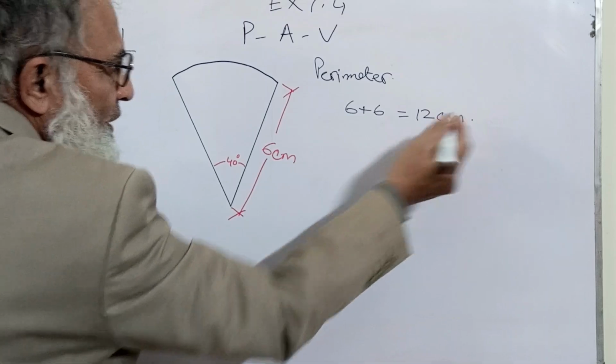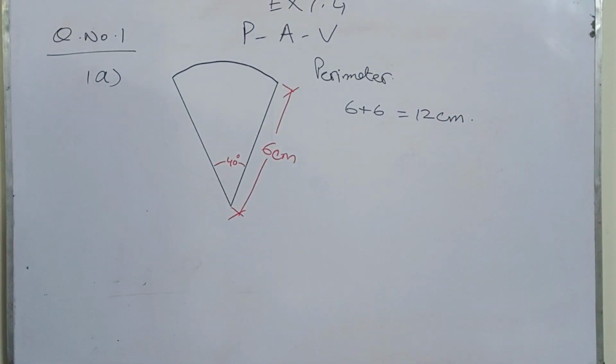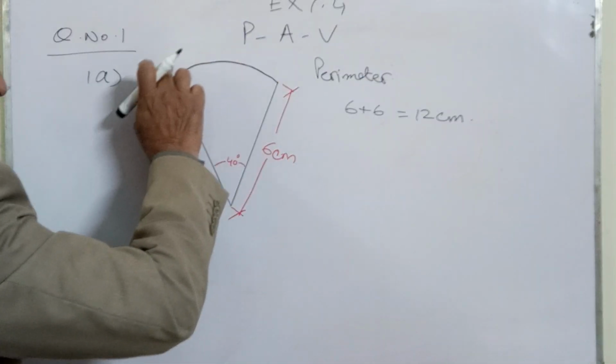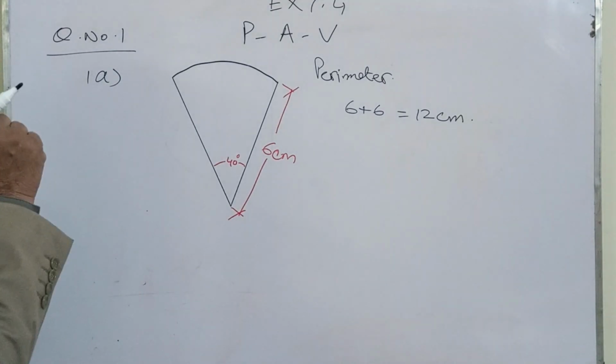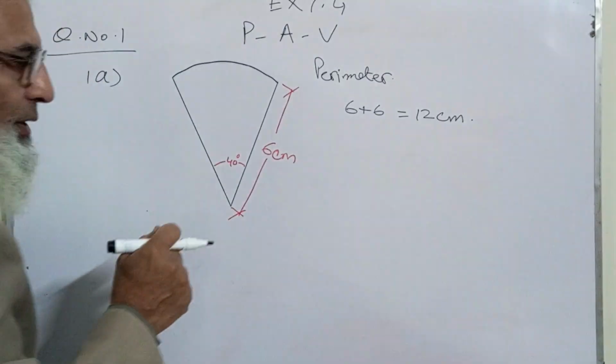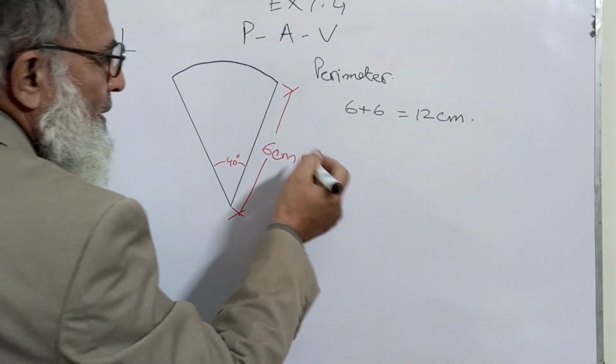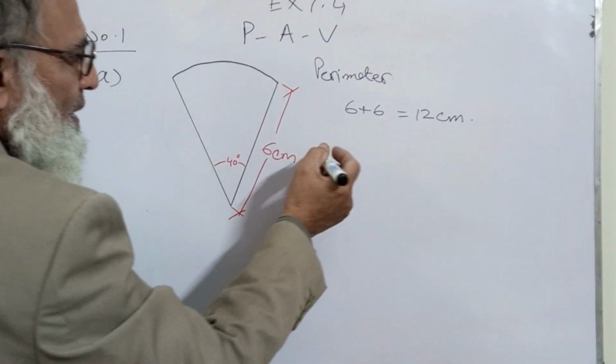But it does not finish over here. It is not concluded over here. We have to find this length also, which is the curved length. So I have already told you the arc length. The formula for the arc length is,